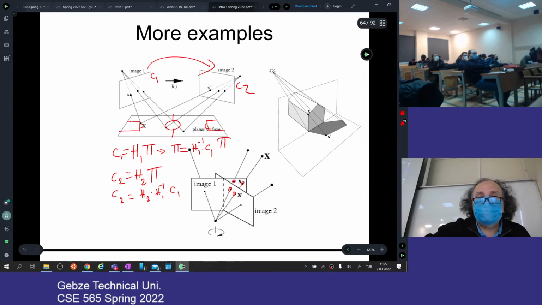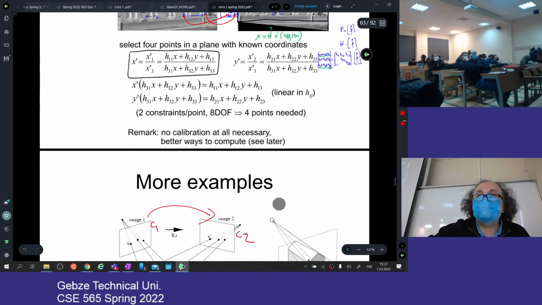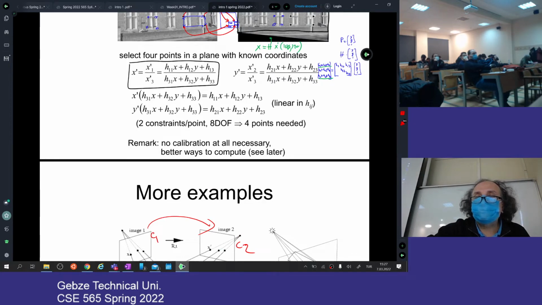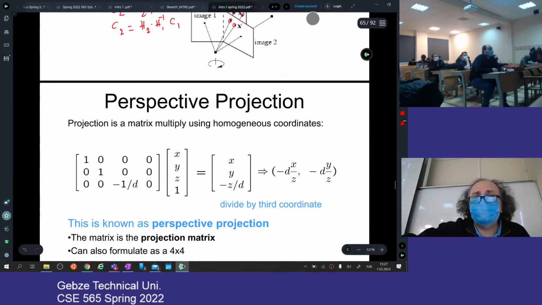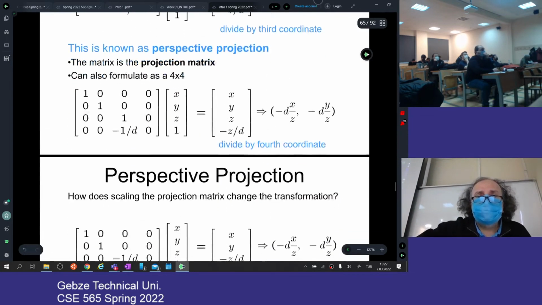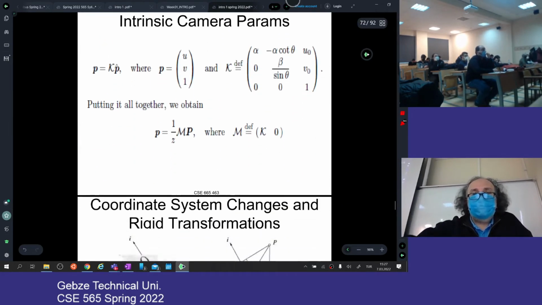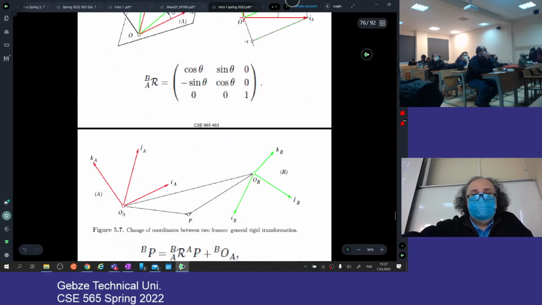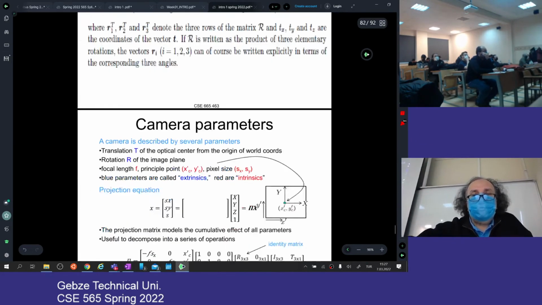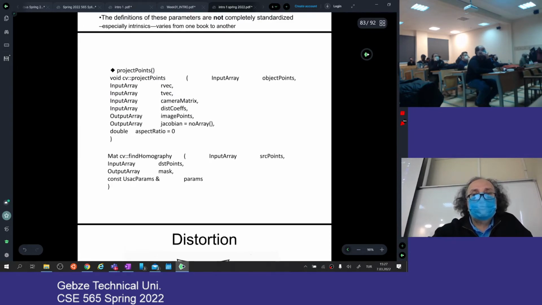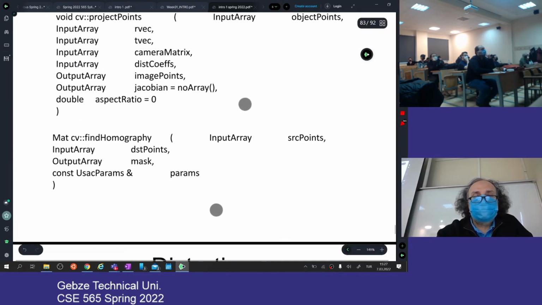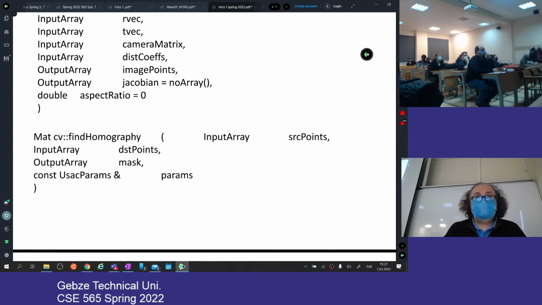Okay, so we will come to that in a few minutes. I'm going to give you one example, or maybe I should do this. Practically, without doing anything in mathematics, I am going to tell you, okay, use OpenCV. So in OpenCV, there is a function named findHomography. You provide 4